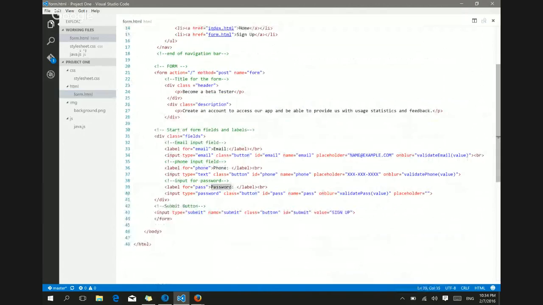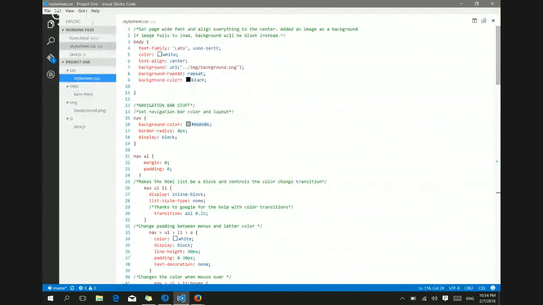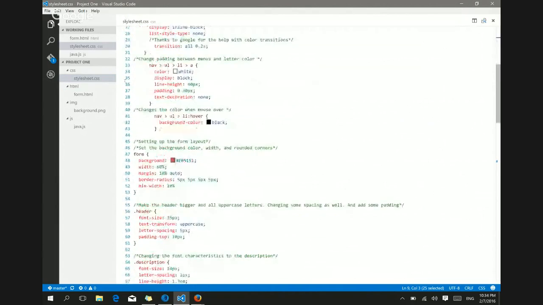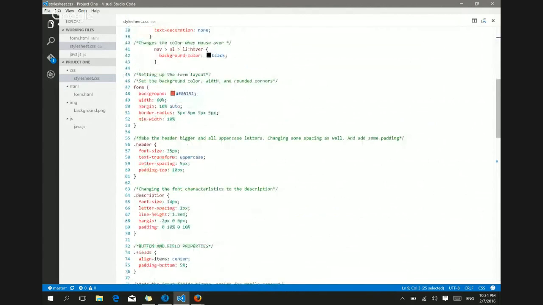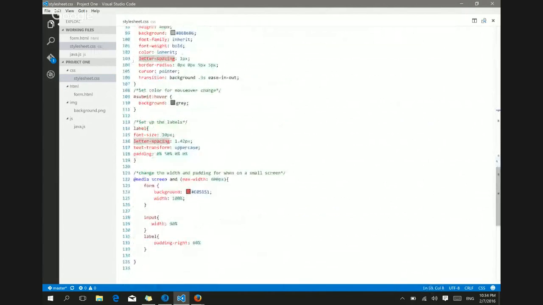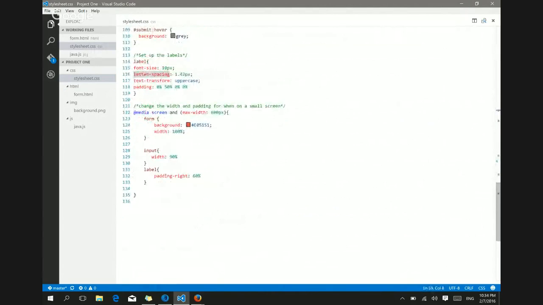and password. Then over here I have my CSS, so we have stuff for the body. I'm using an image for the background, but if the image fails to load, then we have this fallback to make the background simply a solid black. Everything here is labeled, so this is for the navigation bar. Then we get to the stylings for the actual form, the background, the width, all that stuff. Then at the very bottom, we have the settings for when viewed on a mobile phone, which I'll show you